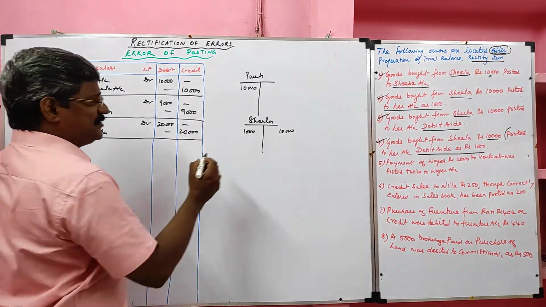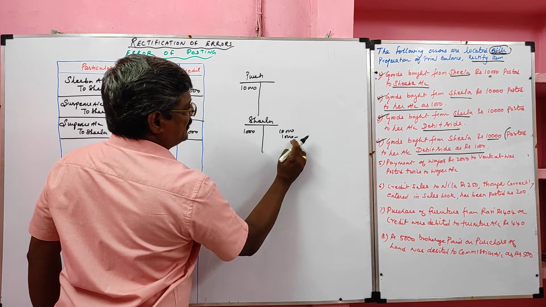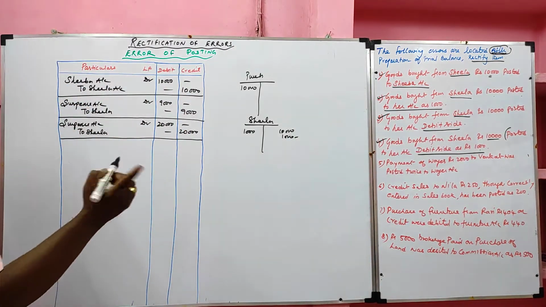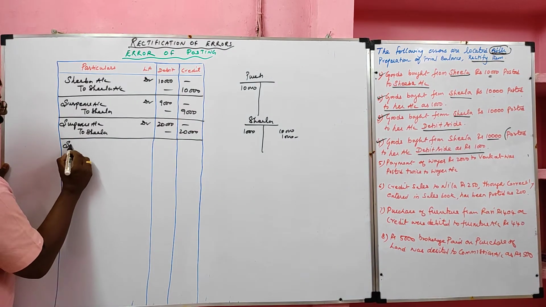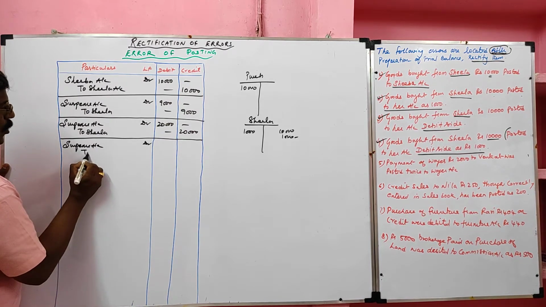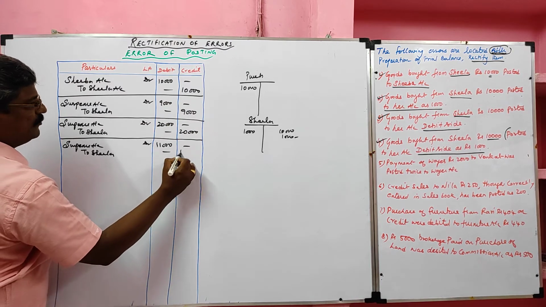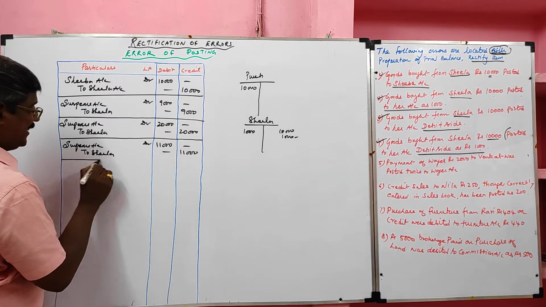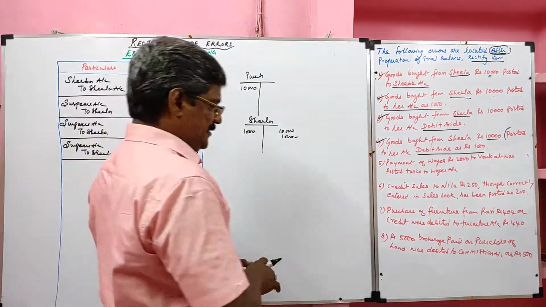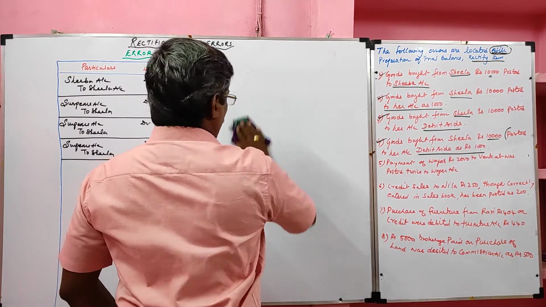What are we supposed to do? First we have to cancel this 1,000 rupees. So it will go to the credit side. So this is cancellation 1,000. This is correct posting. So how much should be credited? So 11,000 should be credited to the Sheila account. Now rectification entry goes like this. Suspense account debtor to Sheila. How much? 11,000. Here I am using suspense account since they are locating the error after trial balance. Next, sum number 5. Look at the problem.